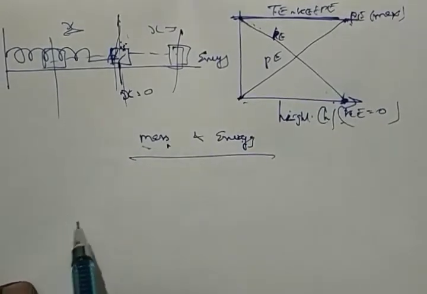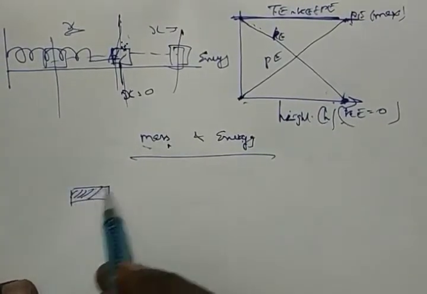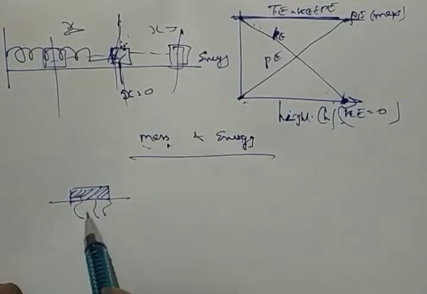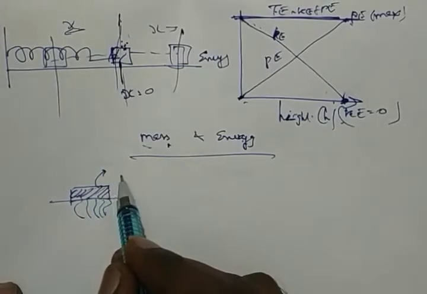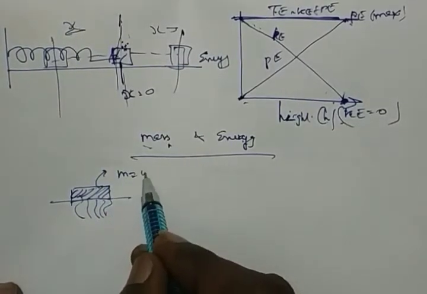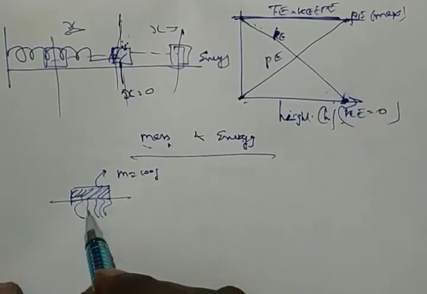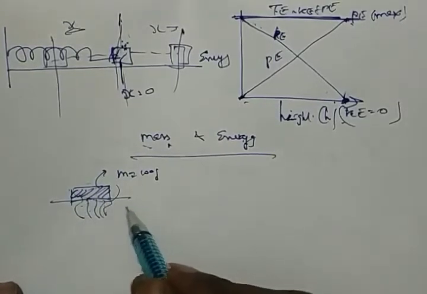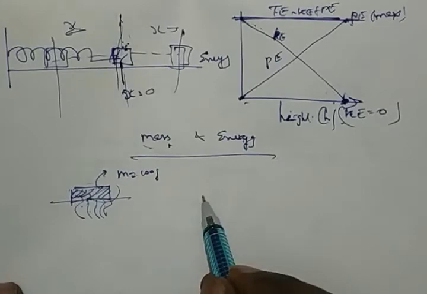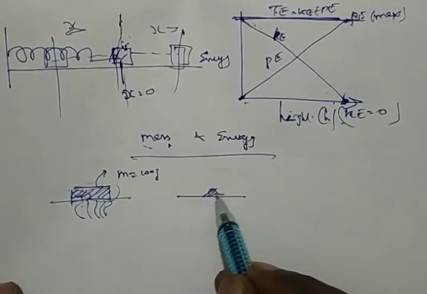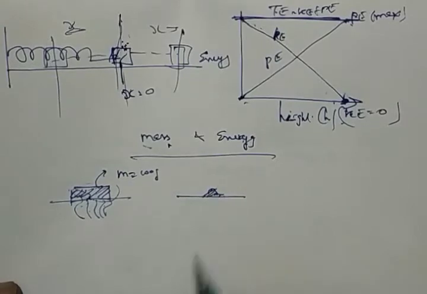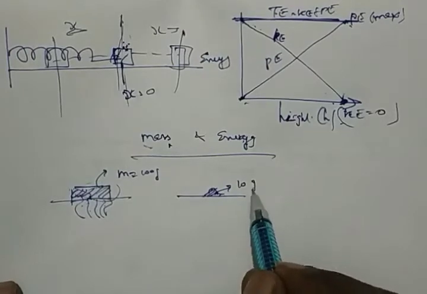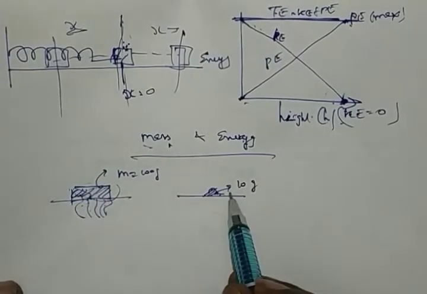Let me give an example. You take a small wooden piece, maybe a duster in a school, a wooden piece. You burn it. You put it in a flame. This duster's mass was 100 grams. After you light some fire, the duster will start burning by itself. You need not keep on putting flames. But the duster will burn, and finally you will get some residue. Finally there is a heap of ashes there. The big mass is reduced to this. Now you take this and see, maybe it is 10 grams. From 100 grams it has become 10 grams now.